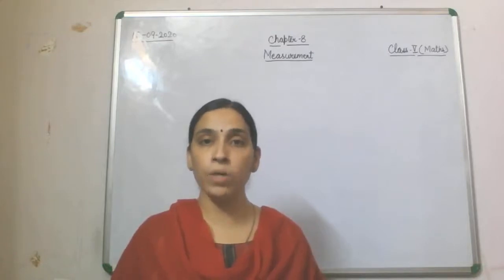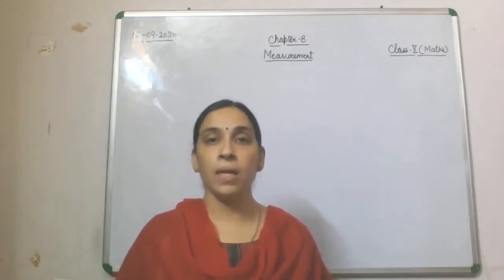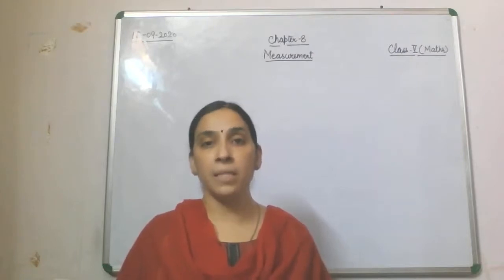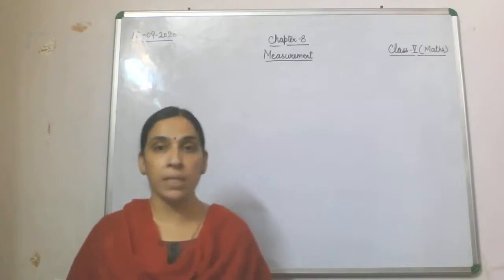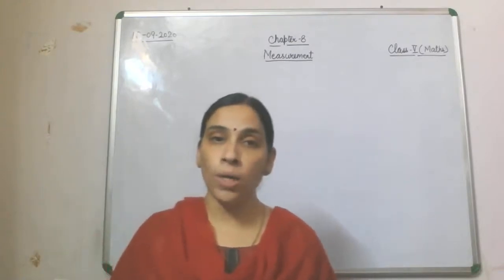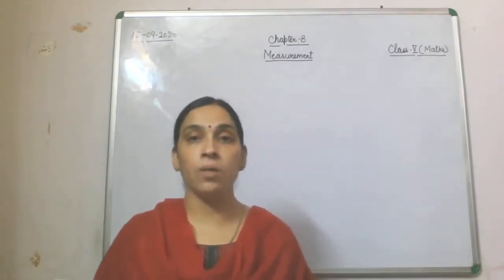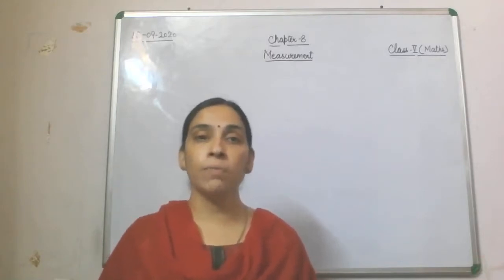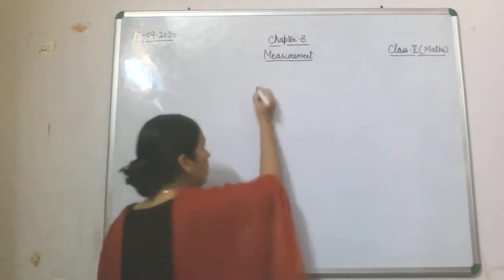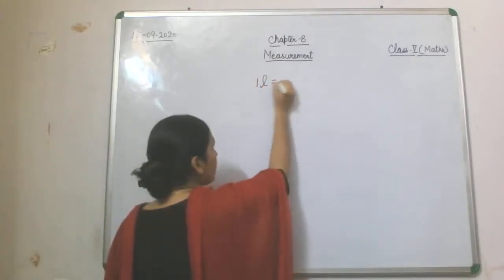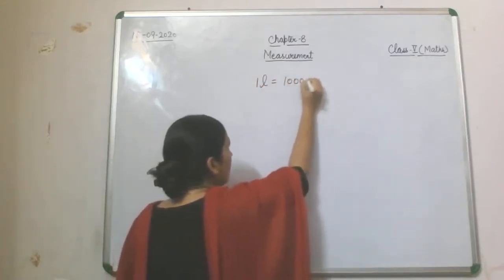Basically the liquid objects, like milk, which you get in liter and milliliter, liquid medicine, which you get in milliliter, then oil, which you get in liter or milliliter. Now here we are going to talk about two units, that is liter and milliliter. You have to remember this, 1 liter is equal to 1000 milliliter.